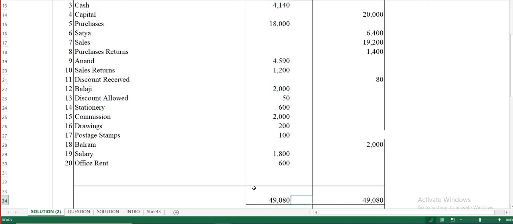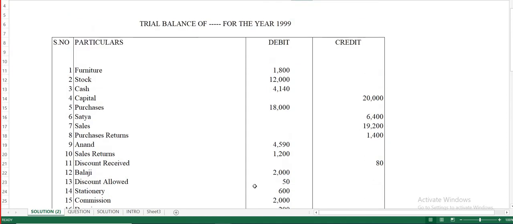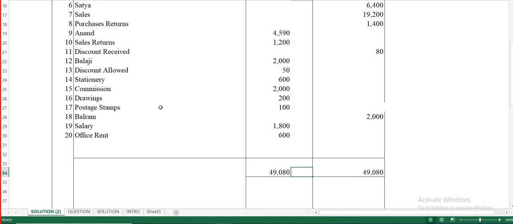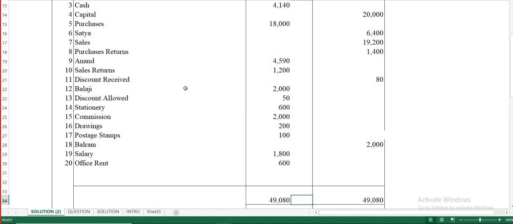Like this, you have to prepare the trial balance. What we have done so far, right from the beginning: first, around 20 to 30 transactions will be given to you date wise. From that, you have to pass the journal entries, using only one page in your accounts note. Then from the journal entries, you post to the ledger accounts by preparing separate accounts, and close the accounts at the end of the month. Next step will be your trial balance.